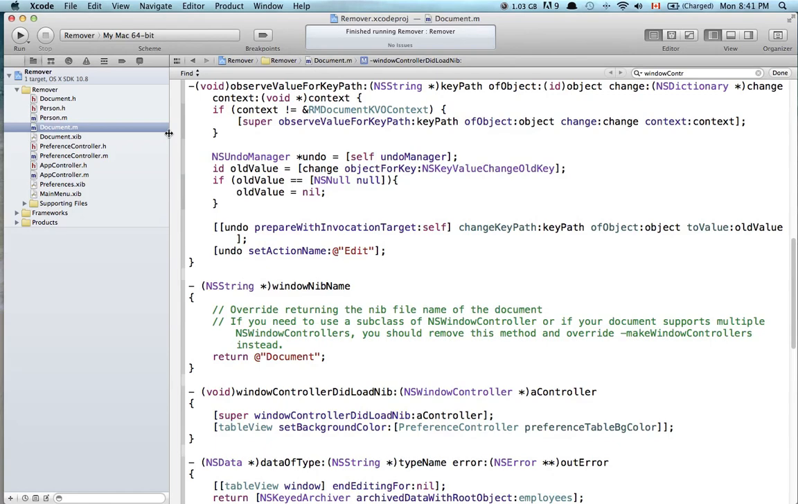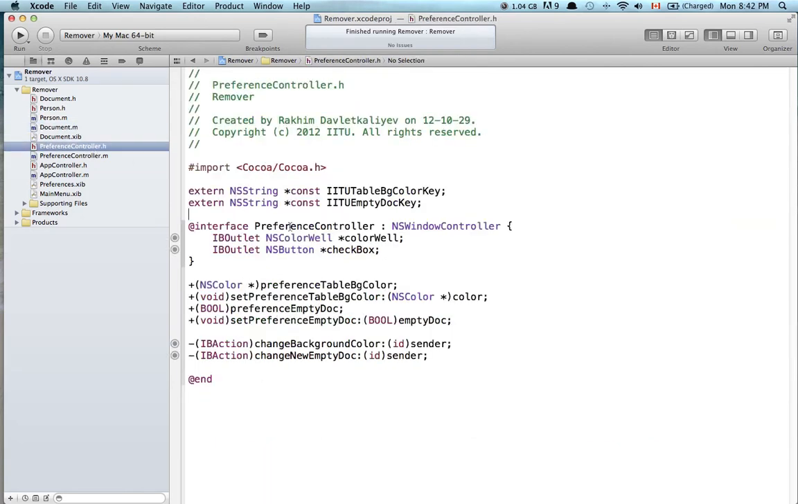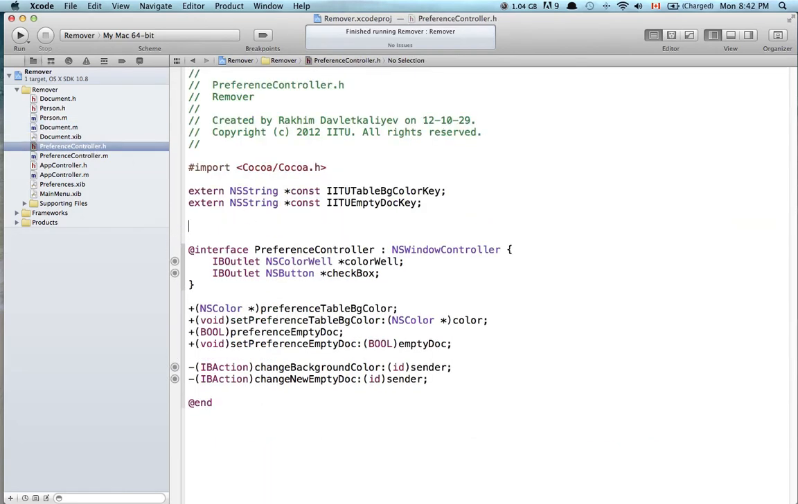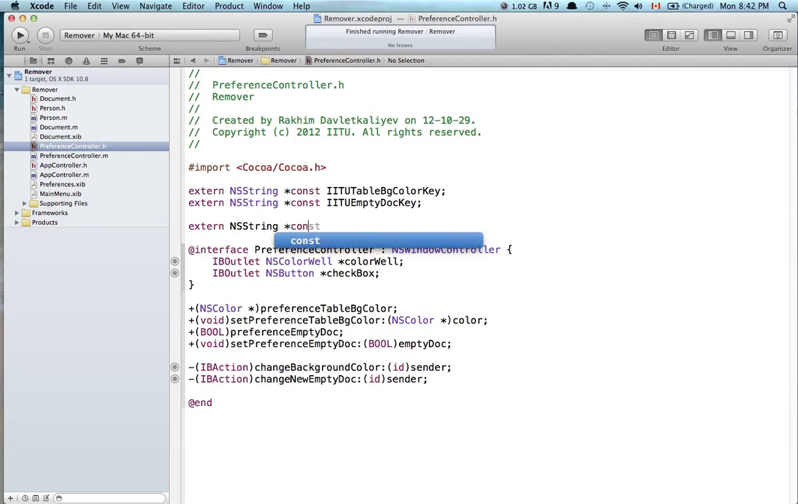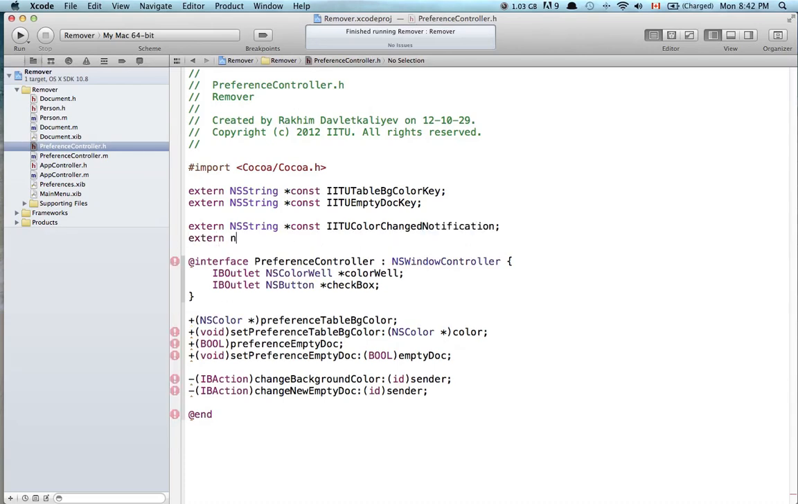So first, let's define some constants again. So let's go to PreferenceController.h. Here I have two externs, and I want to do more. I want to have this one, which is NSString, same thing, const. And I want to specify a key for a notification. This would be used for notification name. So ITU color changed notification, and do the same for when I have that checkbox changed. So const ITU